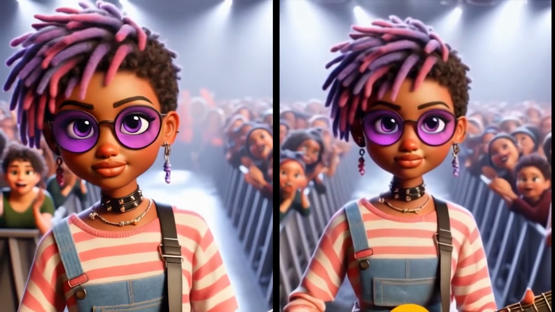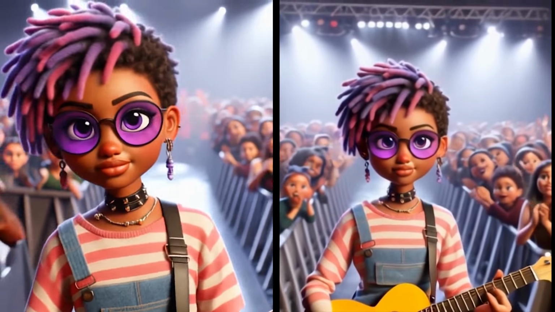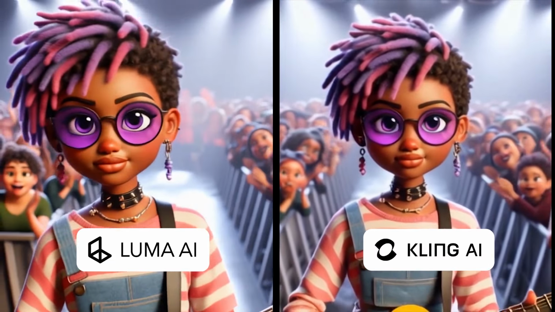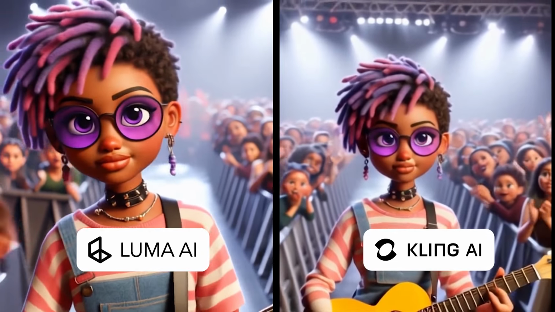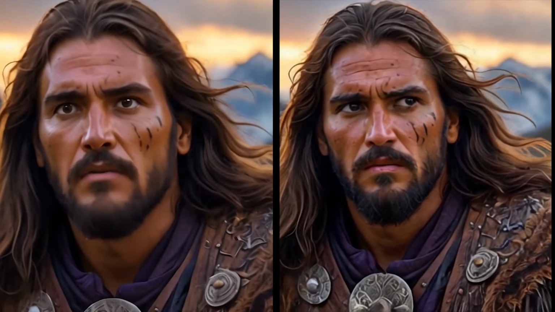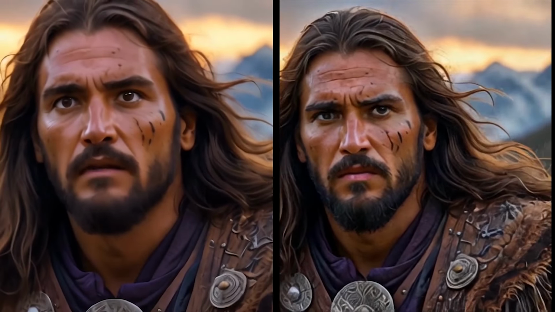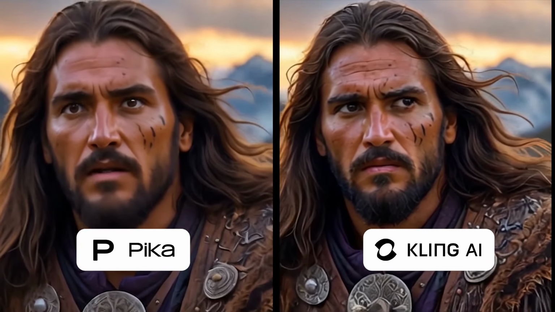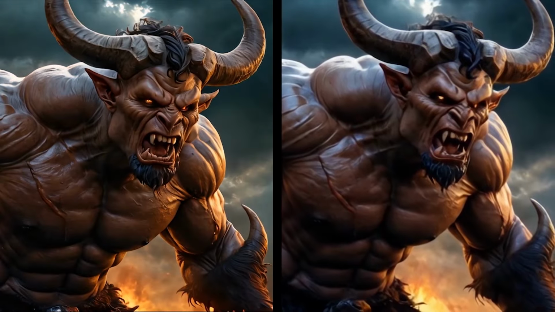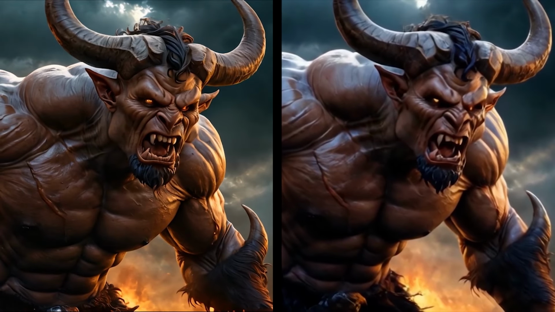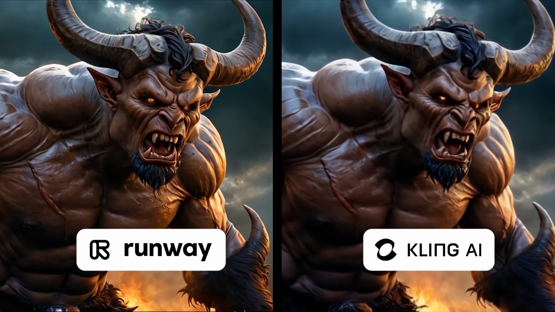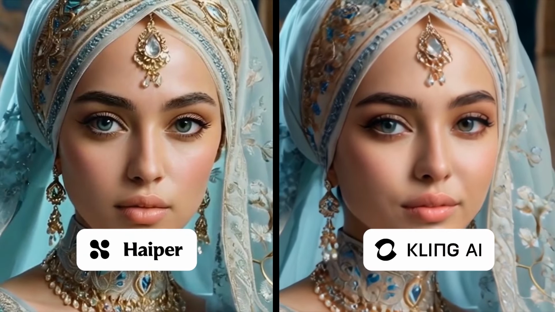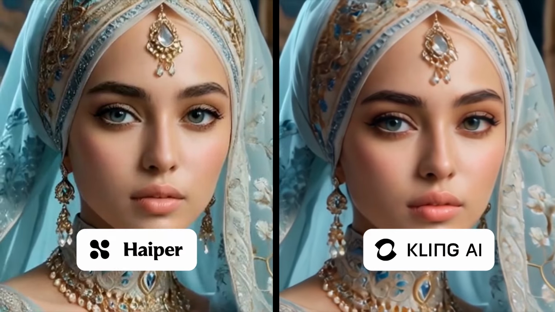This is the Alicia image from my previous Pixar music video. Alicia is walking with Luma, while Kling AI adds a zoom out effect to her, with mesmerizing background animation in both tools. This warrior image is from the upcoming CG Dream video, and while Pika adds lip movements to him, Kling adds detailed movements to the eyes and hair. I got this orc image from the Planet, Angels and Demons series, and both Runway and Kling AI add minor head movements to this orc. And finally, both Hyper and Kling AI add mesmerizing physics and head movements to the sprite.